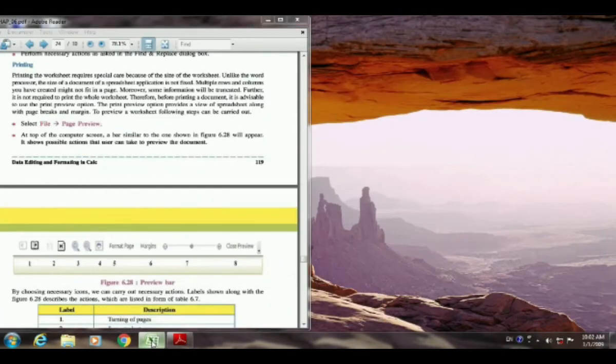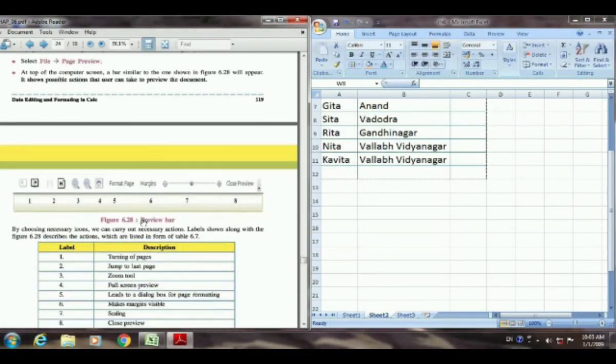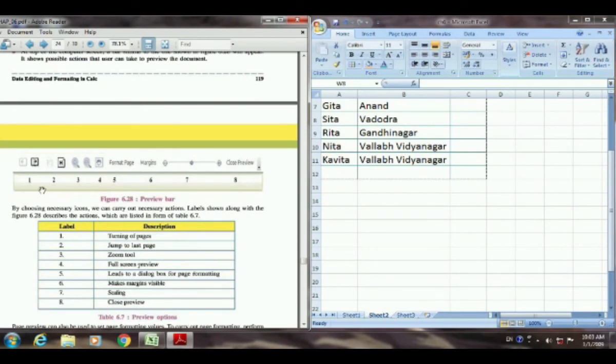For that, here we will see that we have the file and page preview option, in the Calc program. Go to the file menu and go to page preview. Then it will show you the preview bar that is visible over here. In the preview bar you can see it has been divided into 8 groups, that is turning of pages, jump to the last page. Second one is the zoom tool.